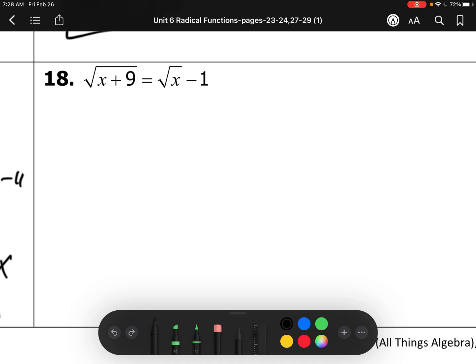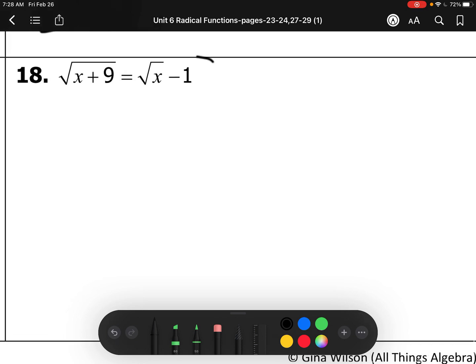it over. So for number 18, we have the square root of x plus 9 is equal to the square root of x minus 1. So we have a minus 1 here. However, this radical is already isolated on this side, so we can't do anything else except square both sides, right? So we're going to square both sides. And on this side, it's going to get rid of the radical, so we are left with